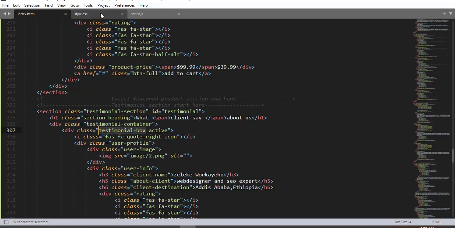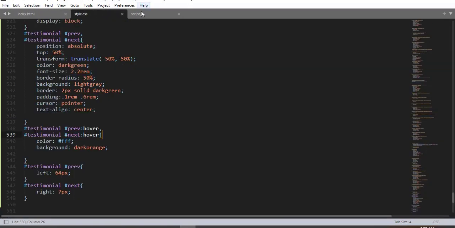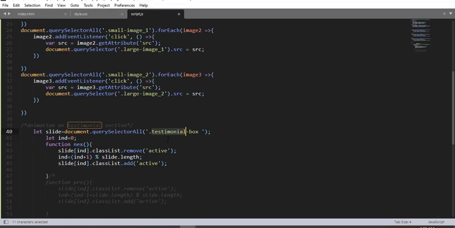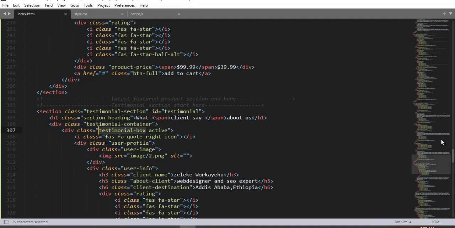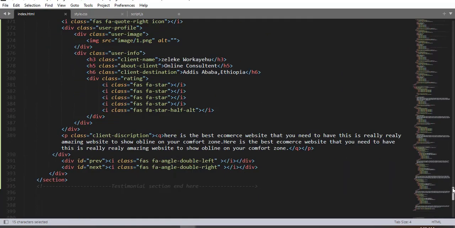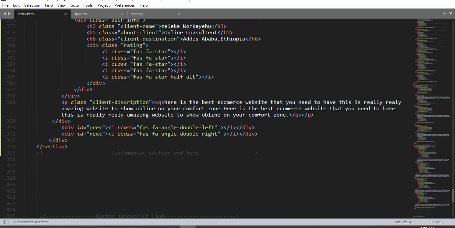So now let me select using this class selector testimonial box right here. Let's slide: document, slide equals document query selector all the testimonial box, and then let index, let me give this variable name, index equals 0, and